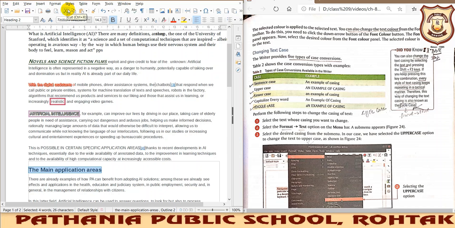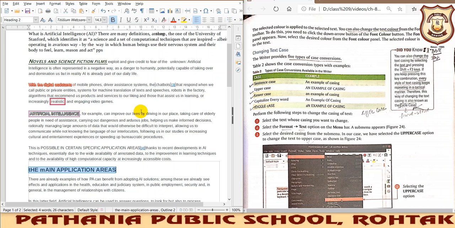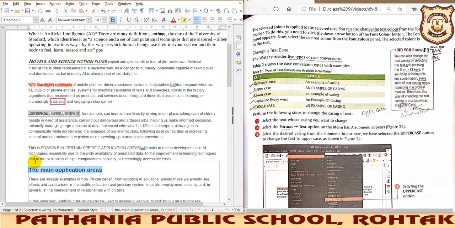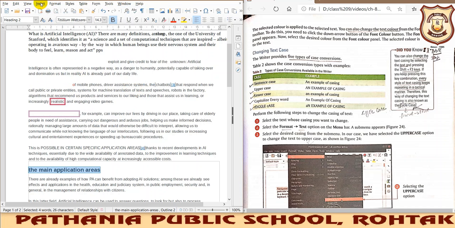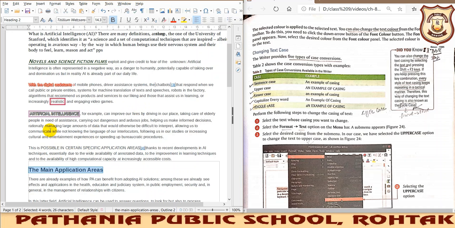So for that I'm going through that particular option again, text, toggle case. So you can see whatever was capital has become small, and small has become capital. Again I'm going in the same option. And now you can see sentence case. In sentence case, the first letter of the first word should be capital, means this letter should be capital. In this way we write the sentence. Okay, lowercase will make everything lower. Okay, and uppercase will make everything upper. This is what I just wanted to discuss now. Capitalize each word means the first letter of each word will get capitalized.